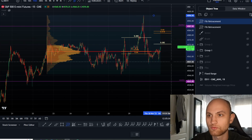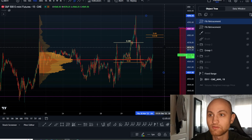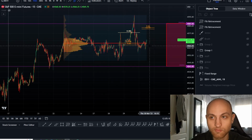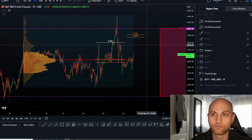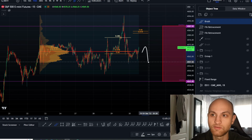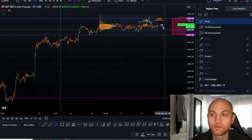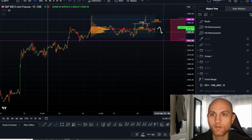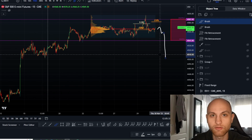If we pull another fib from the other direction, in my opinion this looks pretty bullish for the moment, as long as we can hold above this point of control here. In my opinion, either this is just a fake out and we lose these lows again, then we have lost this point of control, and then I would simply look for a very big retracement back down. This would obviously be pretty bearish for the Bitcoin market,